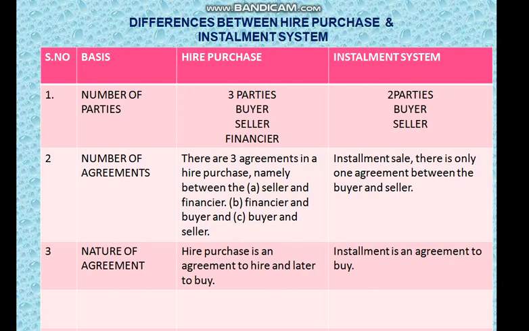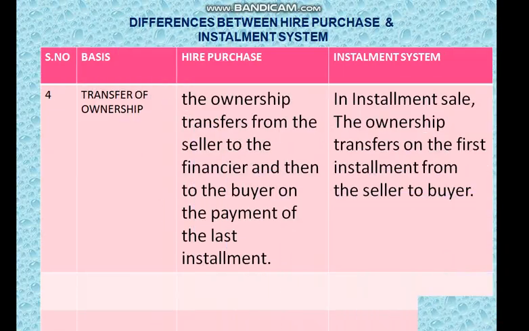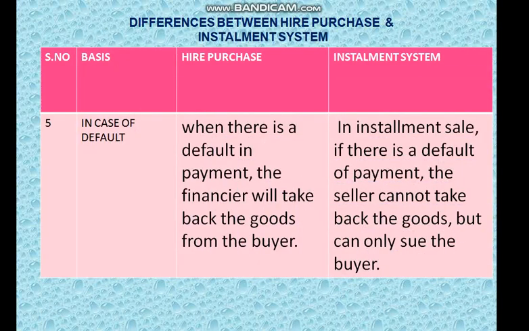And then the third difference is the nature of the agreement. In case of hire purchase, the agreement is to hire and then later to buy the goods. Then in case of installment system, it is an agreement to buy from the beginning itself. The buyer buys the goods from the initial point of time itself. Then transfer of ownership. Ownership is transferred in case of hire purchase system after making the last installment by the buyer. In case of installment system, as soon as he is signing the contract, he becomes the owner